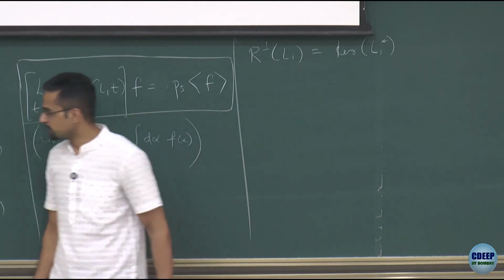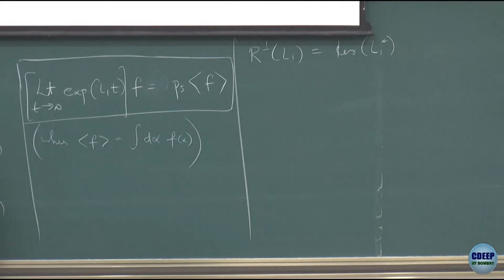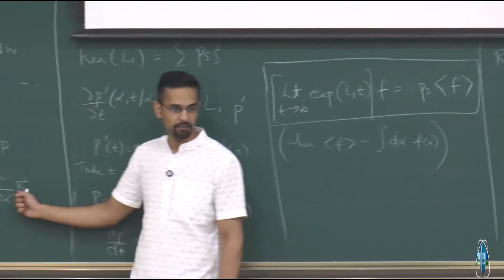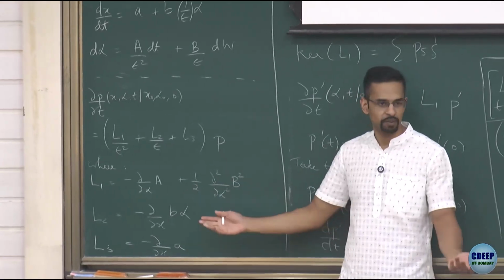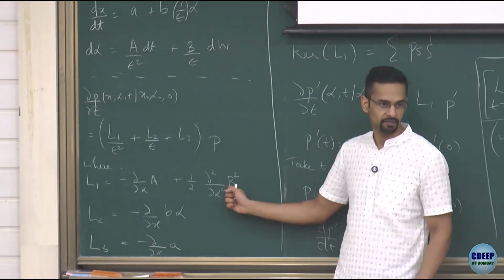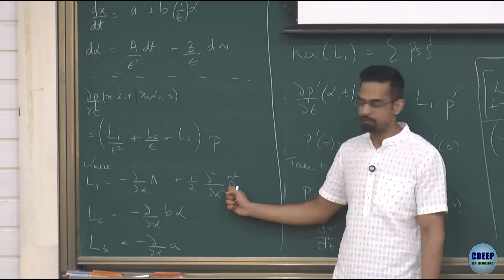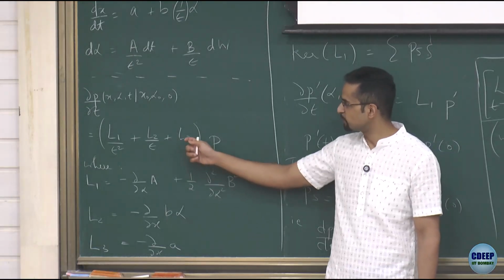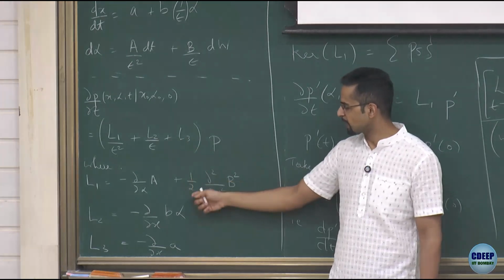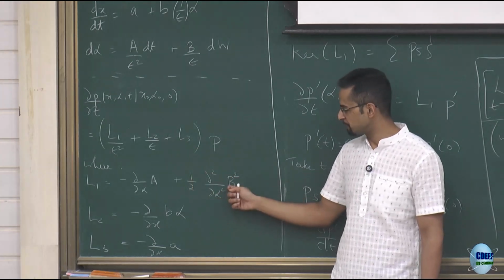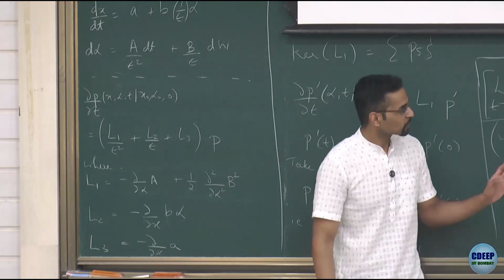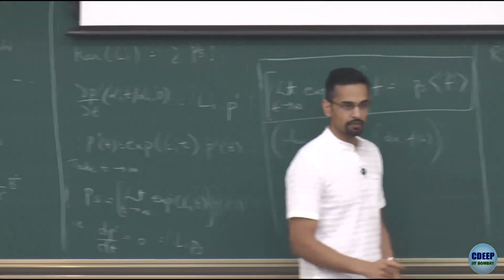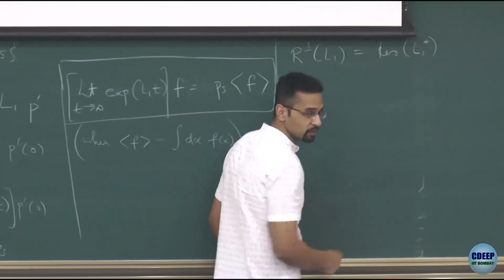In this case now, our diffusion effect is first of all this Fokker-Planck type operator, it's not physical diffusion. And this B in general can be a function of alpha. If it was constant, it would pop out, like normal diffusion. But B is in general going to be a function of alpha. So when you act on P, it's half d square d alpha square B square P, so it's sitting inside the derivative. Let us now see whether it is self-adjoint or not, or we'll try to find what the adjoint is.